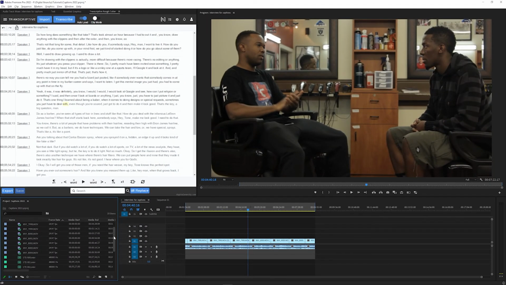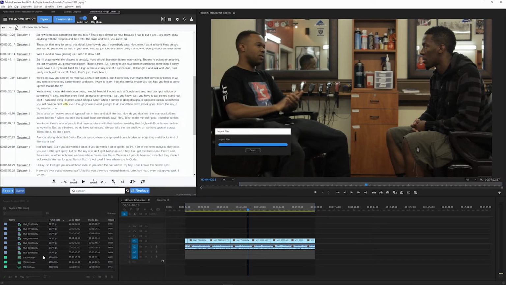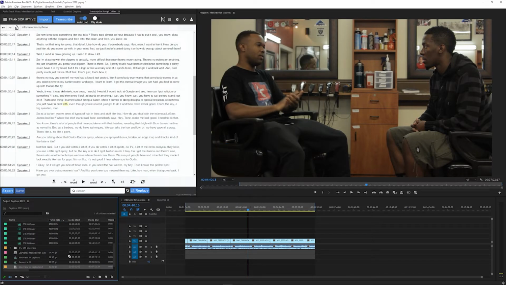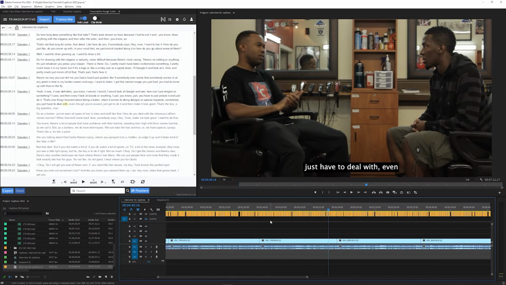If you're importing the captions back into Premiere, most caption formats can be directly imported into your project and then placed on the timeline. And selecting source timecode will match the captions timecode up with the timecode of the sequence. Once the captions are on the timeline, you can move them around and edit the length of individual segments just like you would with any other clip on the timeline.